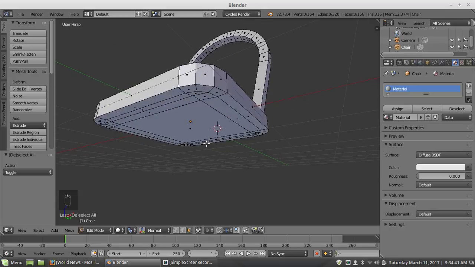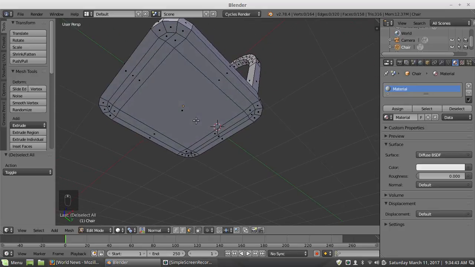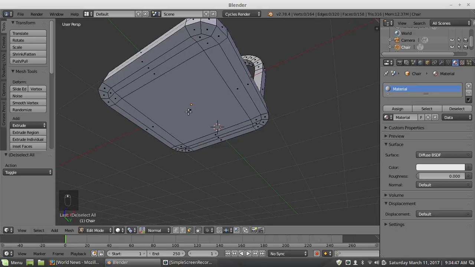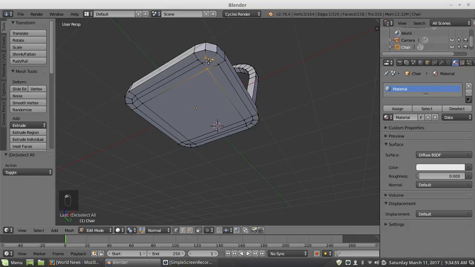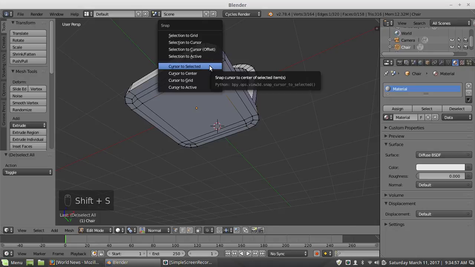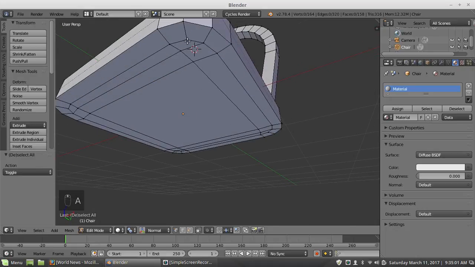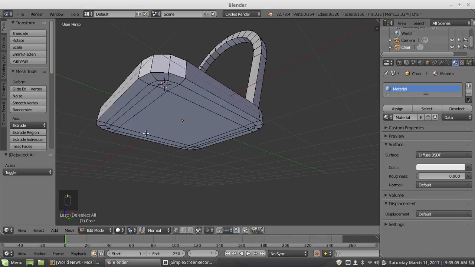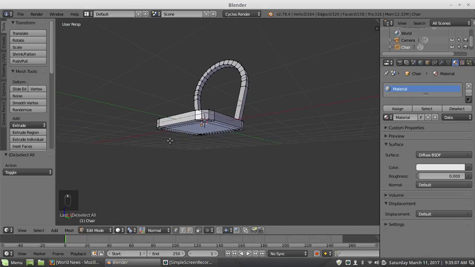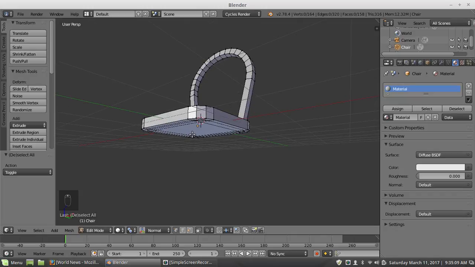Now I will add some legs to the chair. And what I think I'm going to do is figure out where I want to put my leg. So what I'm going to do is select these three vertices, because the midpoint of that would be a good spot to put the leg. And put my cursor right there by snapping to it. When you have more than one thing selected, the cursor snaps to the midpoint of that too. Okay. So that's the bottom of the chair and the back of the chair.